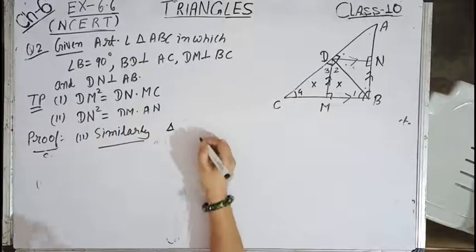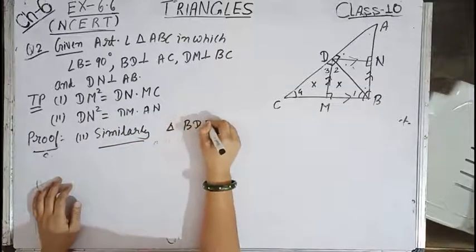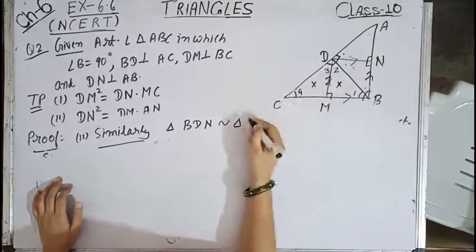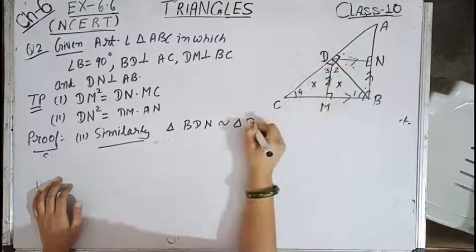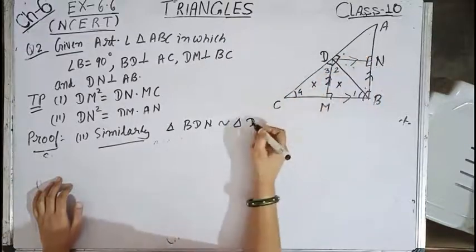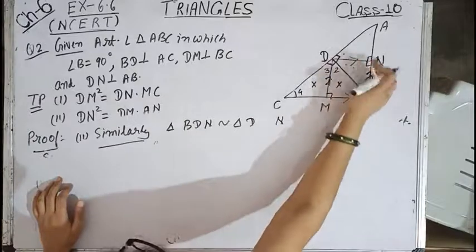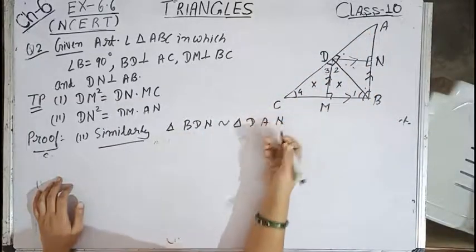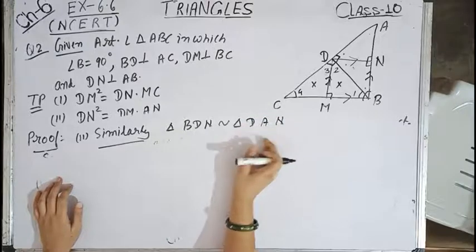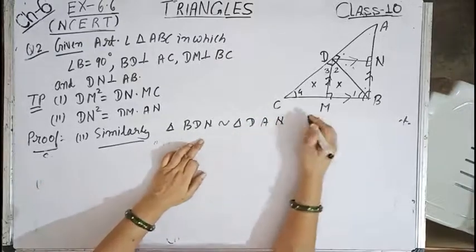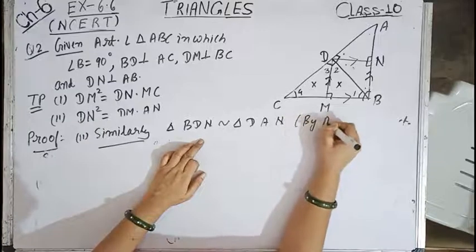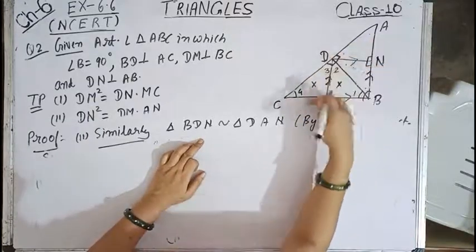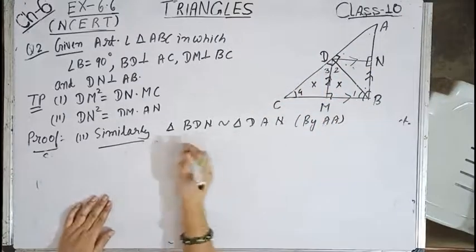one triangle you are free to name. Triangle BDN is similar to triangle. Now this angle equals this angle. Angle B equals D. So D, N and N is 90. So N over here. Now the rest is angle, this one angle equals this angle. So wherever D is will be A. And obviously whatever is left, that also we can write. Now these two triangles are similar by double A. If you want to write, you can write over here 5, 6, 7, 8 and do the similar proof. Now these two triangles are similar.